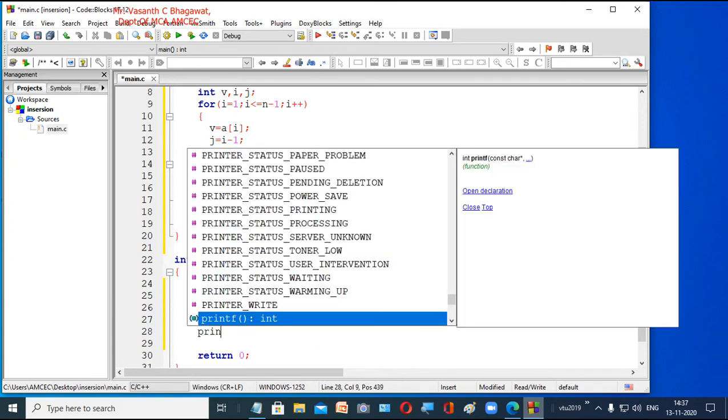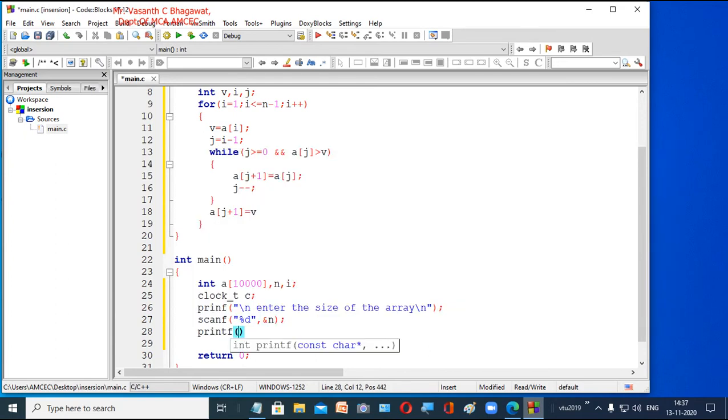So you will say printf slash n elements before sorting, right? Now you are going to generate the elements randomly. So we'll use a for loop for I is equal to 0, I is less than n, and I plus plus, right?